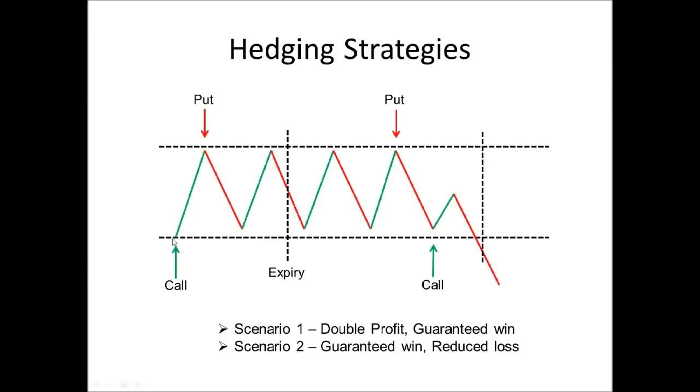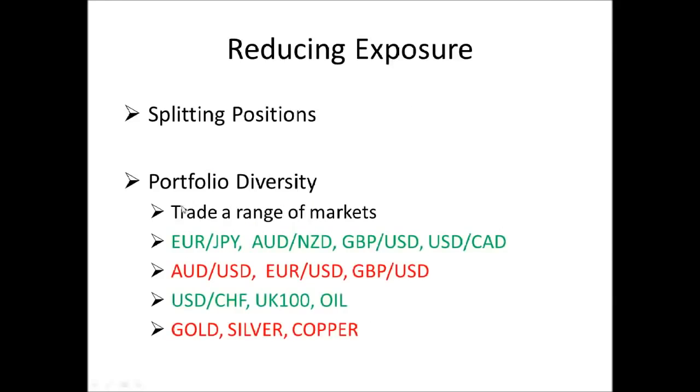If we placed a $5 call on a support and it didn't hold, we've only lost $5, not $10. Whereas if we placed a $5 call, waited for the confirmation, then placed the other $5 call, we still make the same amount of profit as the $10 position, but our exposure and loss is minimized until that confirmation signal was given. My other tip for reducing exposure is to have portfolio diversity, so to trade a range of financial